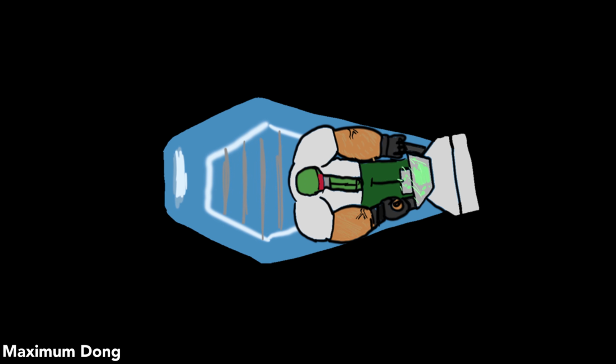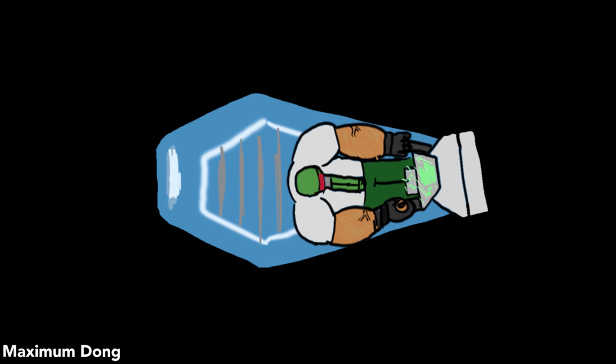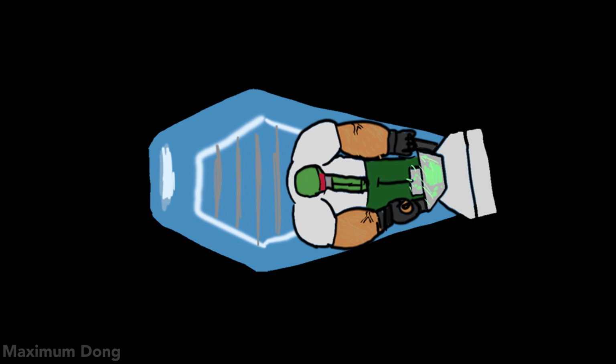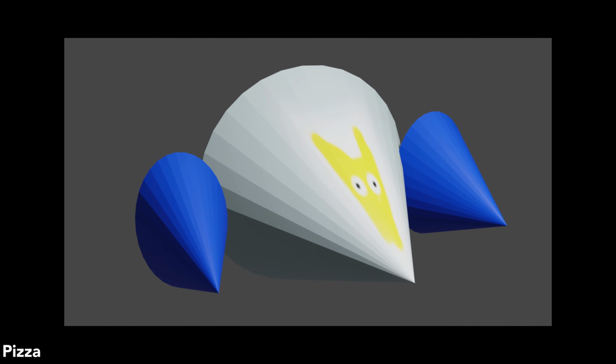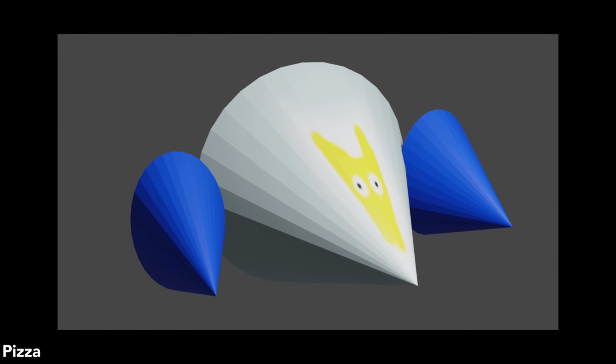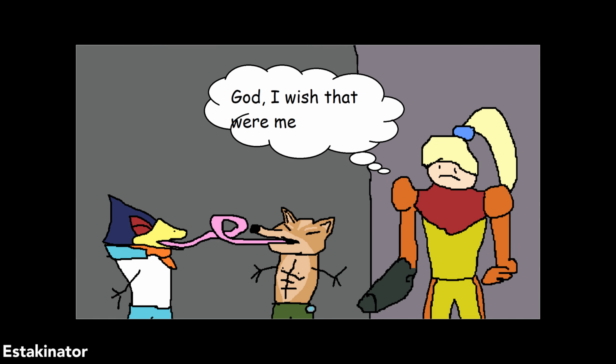Maximum Dong has gone the other way with this one. There's a lot of Fox here. It's all accounted for. This is Pizza's take. Interesting choice to go 3D. My main advice would be to make it suck less, in this region. And finally we have